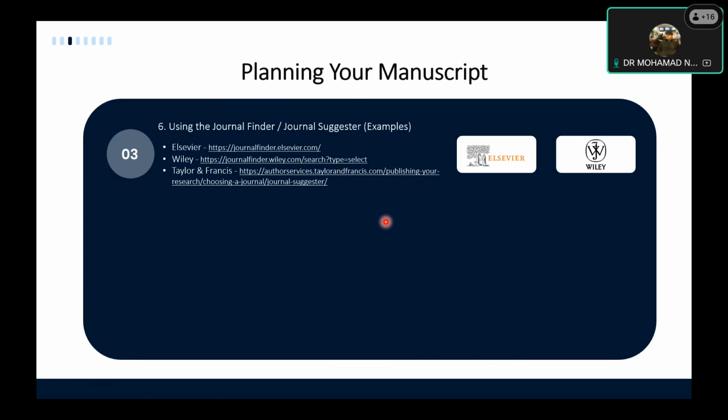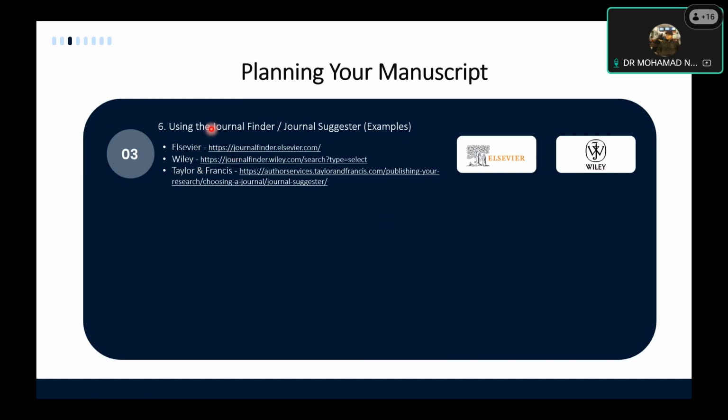So to do that, nowadays, with the help of AI and also some databases, there are options we can use to find a good journal. I will highlight only three journal finders or journal suggesters that we have. In Google Drive, if I'm not mistaken, we gave you an example of abstracts. Perhaps you can open it and try for the time being.